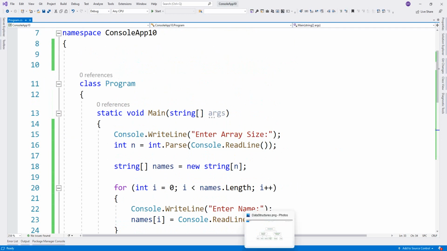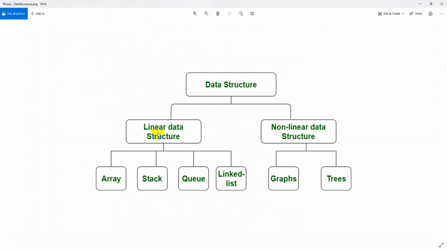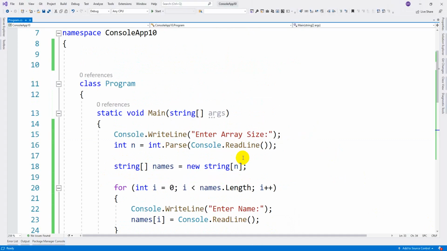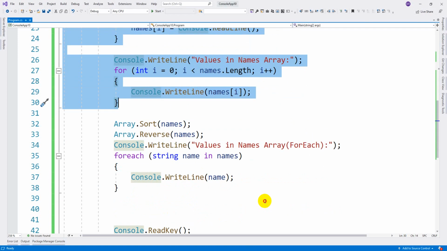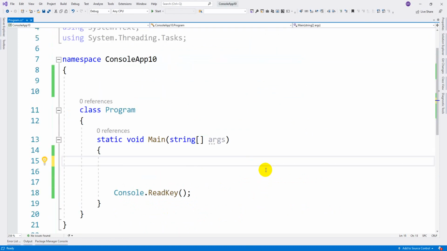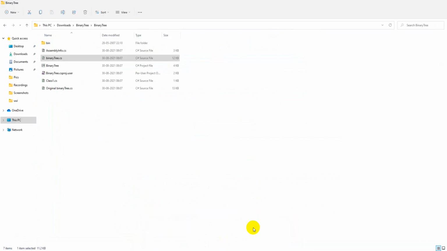So I hope it is clear to everyone. Now we have covered array in this linear structure. Now let us work on this stack. Yeah, so next one, stack. For implementing stack, you need to understand how it will behave. Stack works with a formula, last in first out. So let me show you it in a diagram.